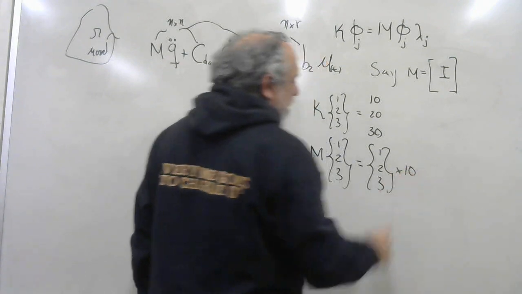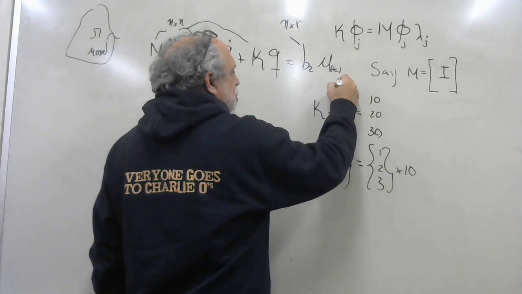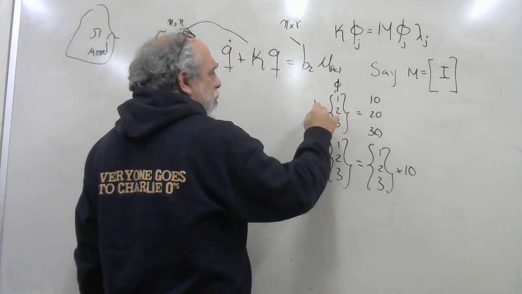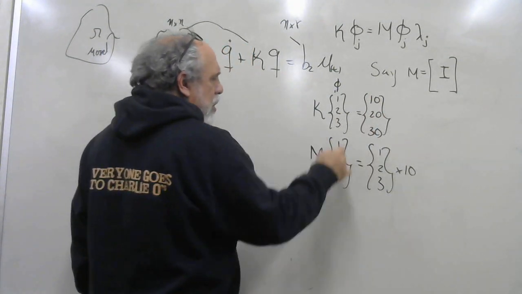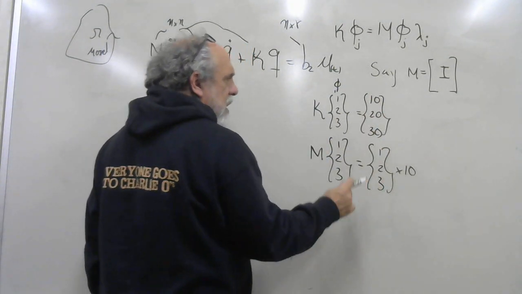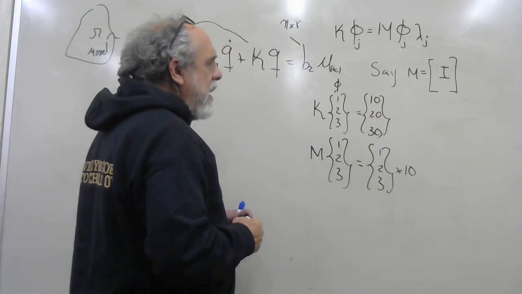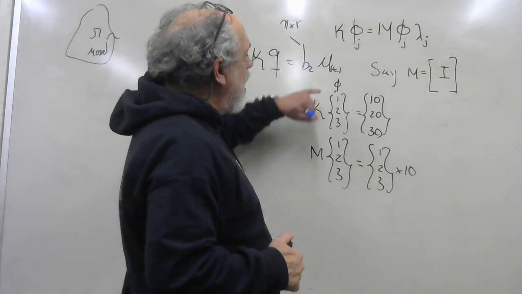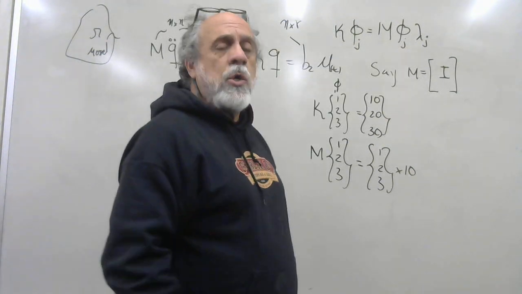To go from this to this, all we have to do is multiply by 10. So we conclude that 1, 2, 3 is a mode shape and that 10 is the associated